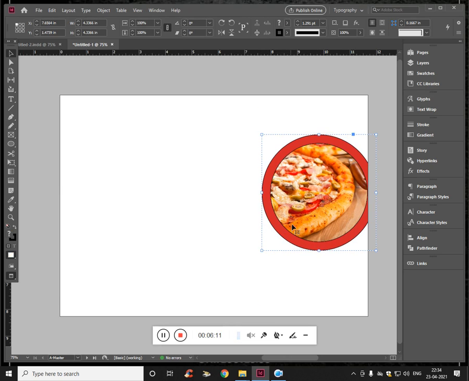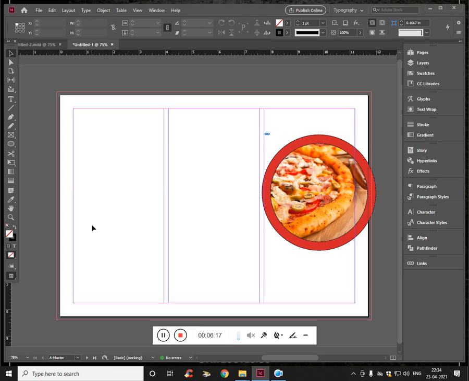Zoom out, and if you want to rotate, and place this. Okay. Zoom out. This is how it looks.